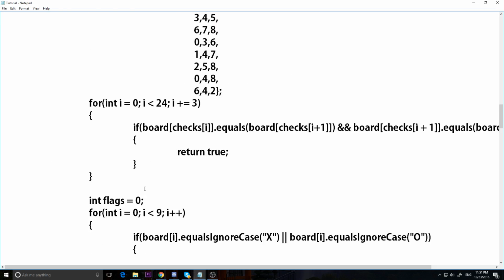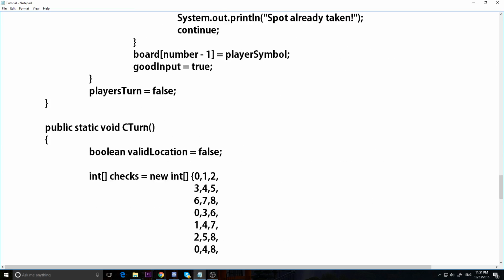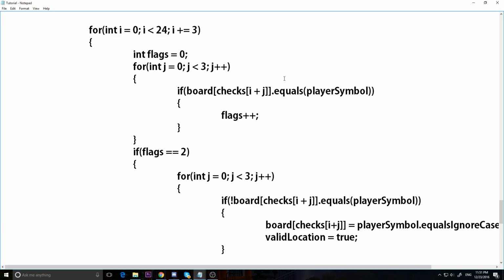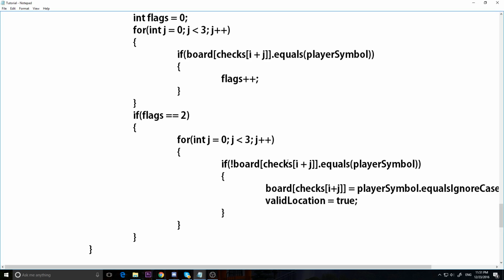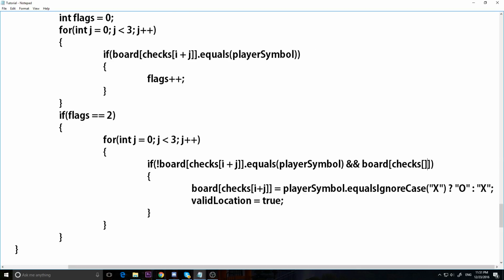So we have a problem with our computer code here, where when we are checking our computer turn, or C turn, when we're checking to see if we can go here, we need to make sure that the option to go there is an option. And, right, so if it does not equal the player and the board at the location that we want to go, right, I plus j, that equals,